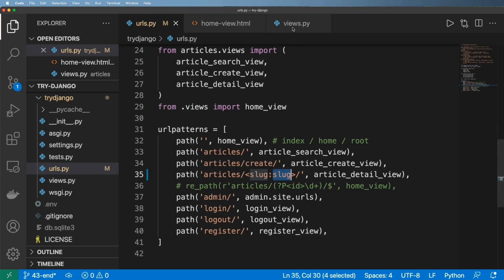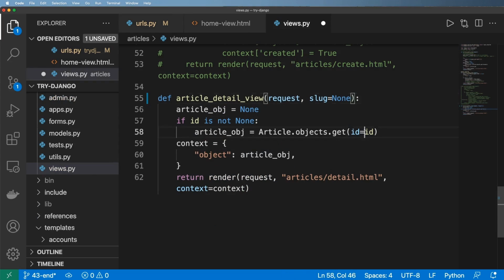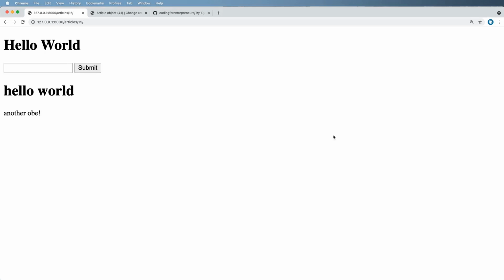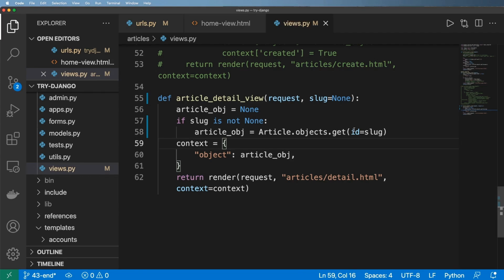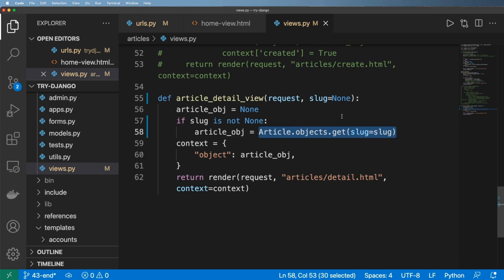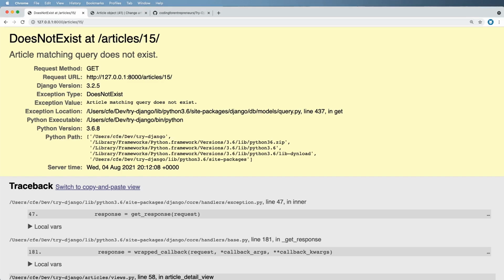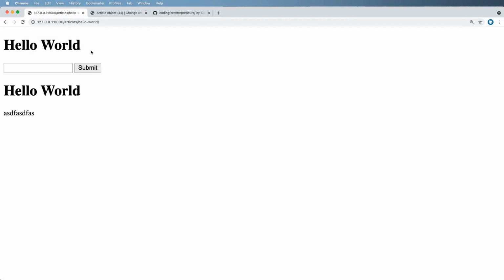And so now that it's this, I want to change the argument that's coming through on the view itself. And so yet again, I'm still looking up based off the ID. So if I refresh in here, it's still doing that. And of course, that's not the field we want to look up on. We want to look up on the slug field. So if I save that, now when I refresh, I get this exception. It says article matching query does not exist. So what's happening here is in this call right here, it's trying to find a slug that does not exist in the database. Now, the one that I do know that exists is hello-world, and I can run that, and this actually does show up.